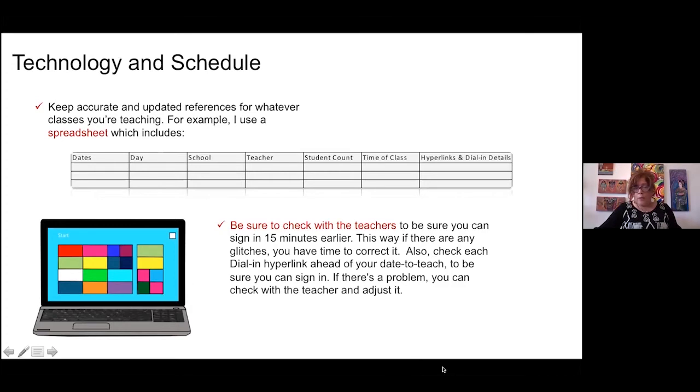So now you're in the classroom. Now you know your link works. If your link does not work, there are other ways the teacher can send you a link. So if you are on Google Meet, and you cannot get into the classroom, I have some little videos, and I'm sure maybe Aaron does too, that I can send you, that you can send the teachers so they can see exactly what they need to do to get you into Google Meet.